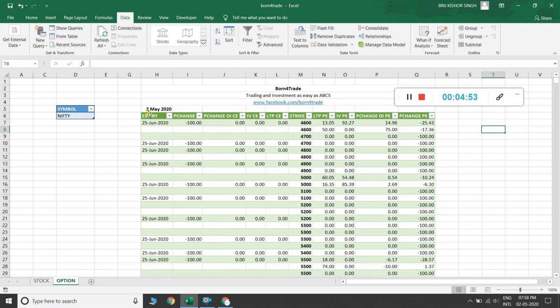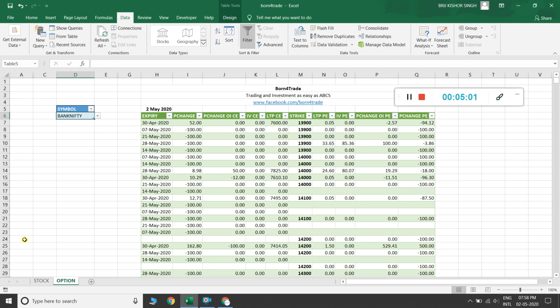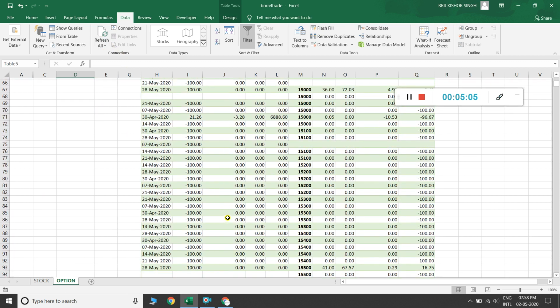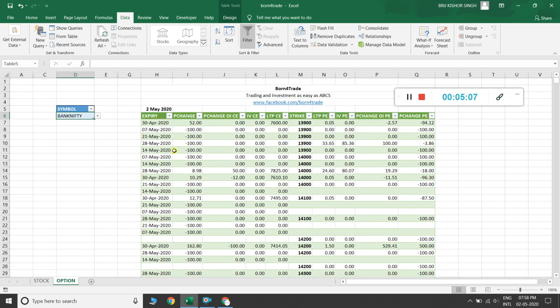By default it came as the Nifty option chain. You can select Bank Nifty here, and again refresh all, and it is updated with the Bank Nifty option chain. You can also select all futures and options stocks by clicking here.